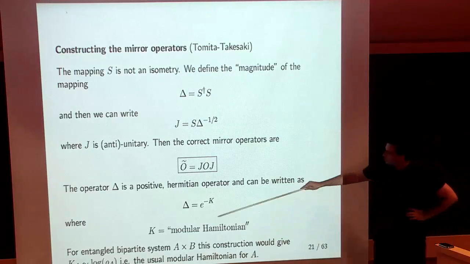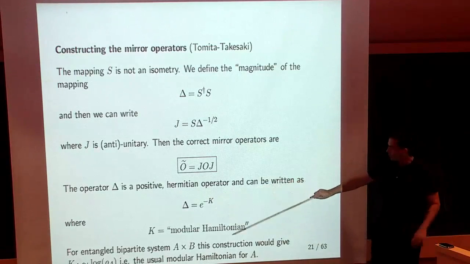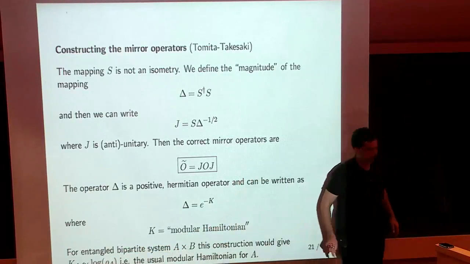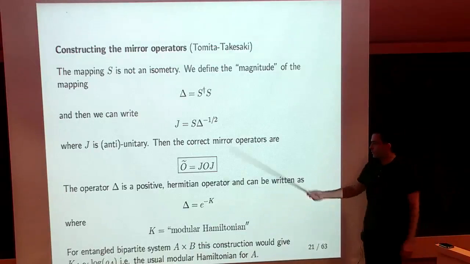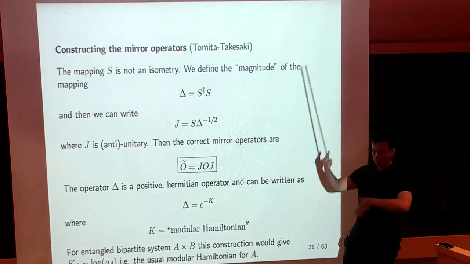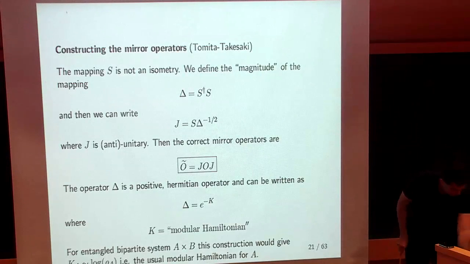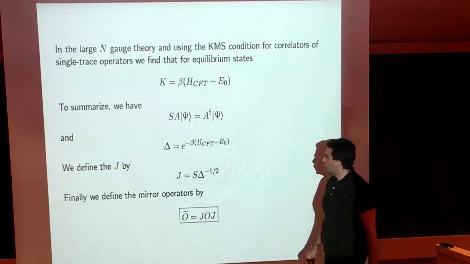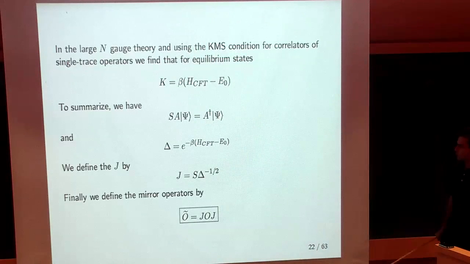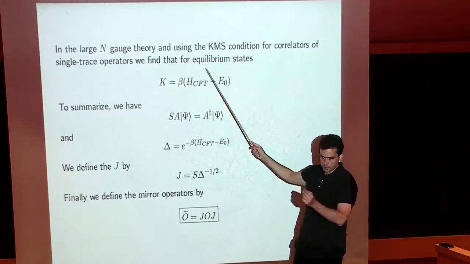Right. So if I define the modular Hamiltonian in this way, then this K acts on both A and B. So I have to evaluate K restricted to A to make contact with the usual modular Hamiltonian. To say it more physically, if we do this construction in Minkowski space, this will be the Lorentz boost acting on both Rindler wedges, not just half of the boost. Anyway, in the case of the large N gauge theory, if you use the KMS condition and large N factorization, you can show that for a typical black hole microstate, this modular Hamiltonian is simply proportional to the CFT Hamiltonian.